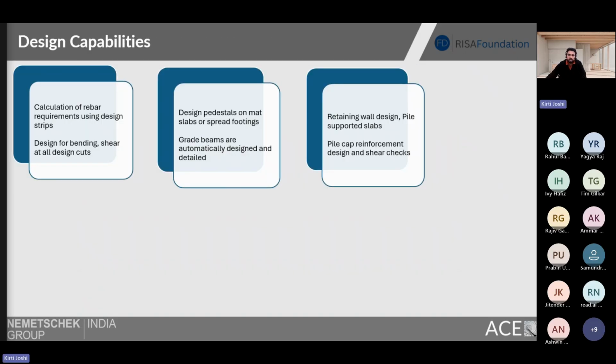So moving forward, here are some of the design related features, as you can see on the slide. First, you can draw the design strips or the design cuts easily anywhere on your slab, and it will calculate the rebar requirement for each of the design strips you have created. And based on that, the software will provide the design for the bending and the shear for all of the